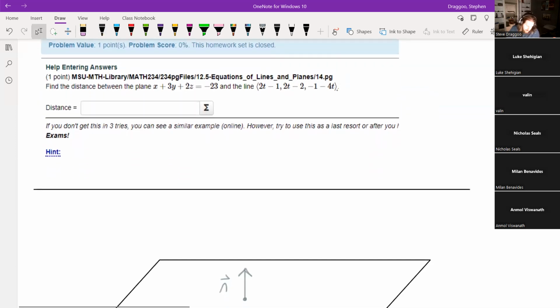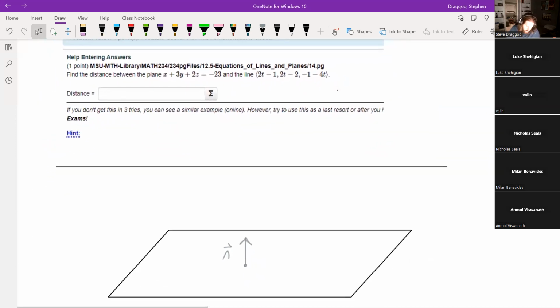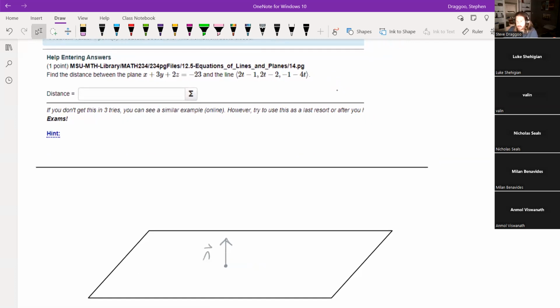But all right, this next one, I also sketched out the problem ahead of time. Save us just a little bit of time here. We want to find the distance between the plane given by that first equation and the line given by that second parametric equation. So sketched out what those two things look like. And if we're being given a problem like this, where it says find the distance between the plane and the line,